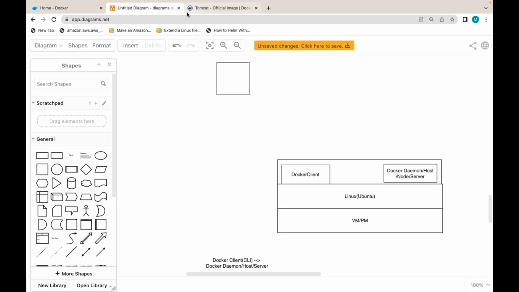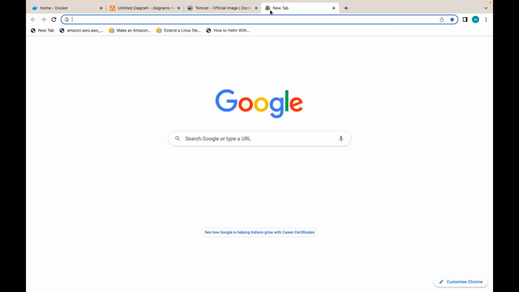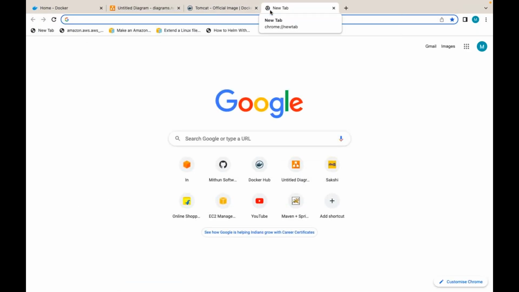Guys, I repeat, I know I am requesting again, this is very, very important. I want you to attend all these sessions and go through the recordings multiple times. You guys watch comedy shows multiple times on YouTube, right? Similarly, if you are from Andhra or Telangana, consider these Docker sessions as Jabardast or extra Jabardast comedy shows. You watch those multiple times, right? Similarly, consider my sessions as that and watch so that you can understand.